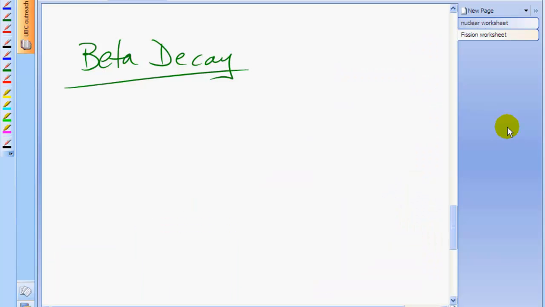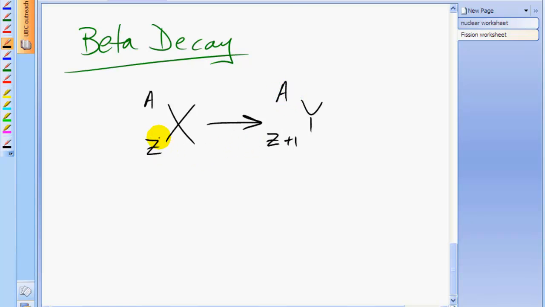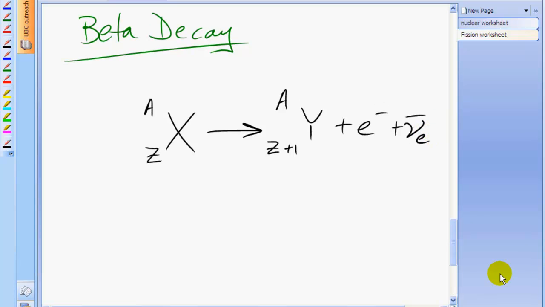Now, what exactly is beta decay? It's this spontaneous thing that happens where some nucleus with atomic number Z and atomic mass A suddenly turns into a different nucleus with one additional proton and the same atomic mass. What's happened is a neutron has turned into a proton plus also an electron, which zips off, and also an anti-electron neutrino. Here's a specific example. Consider